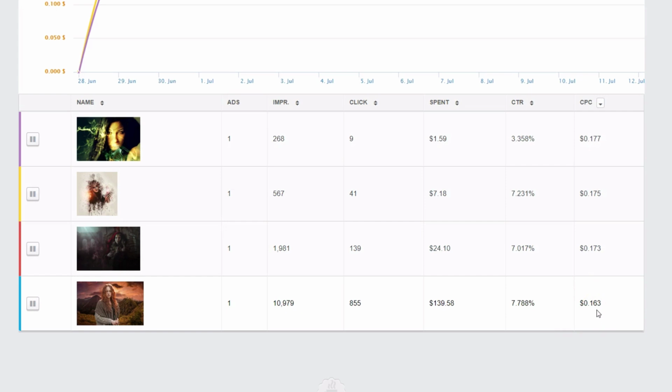You can also A/B test the text you use. In that case, you would use the same image and just change the text. And you can also A/B test the target locations or the gender or other demographic details. So that is the basics of A/B testing. Please make sure if you're doing your own Facebook ads that you do A/B testing.